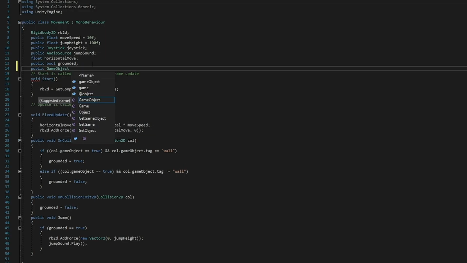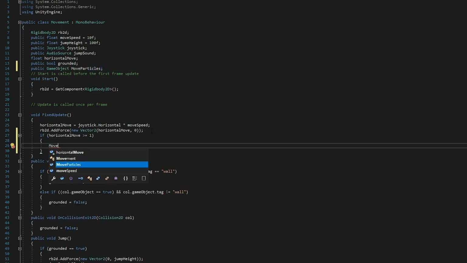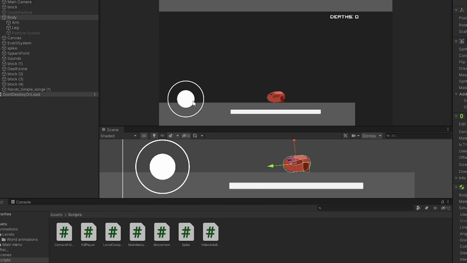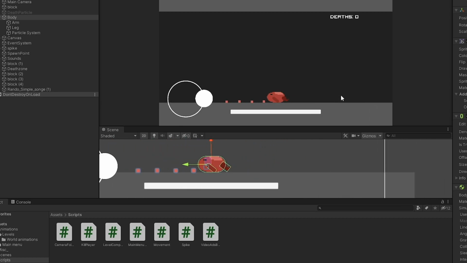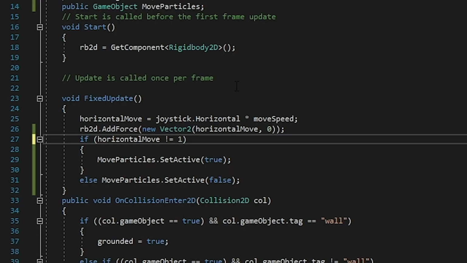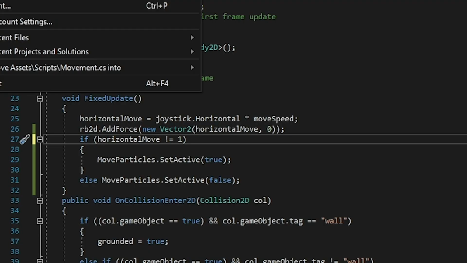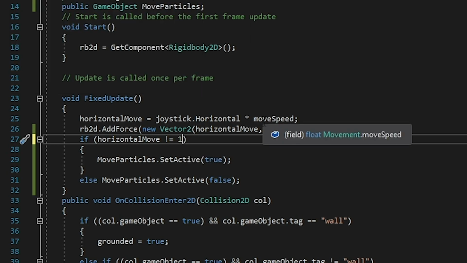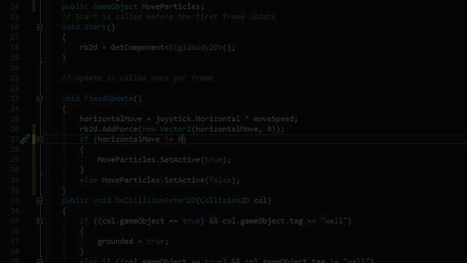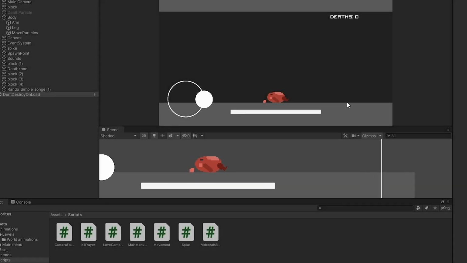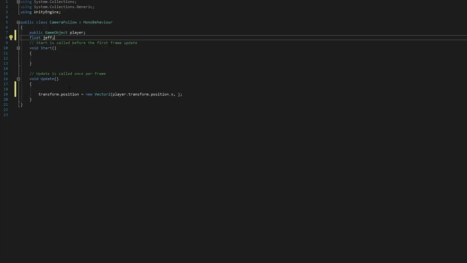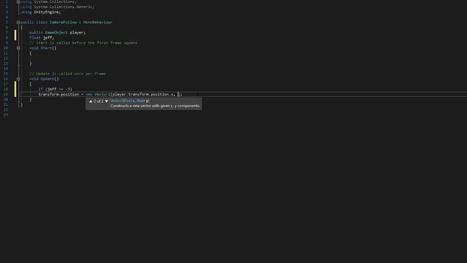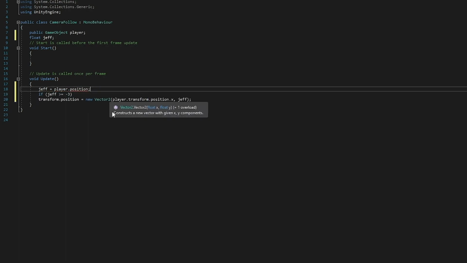But now I needed to code that to play when moving, so I coded that if the horizontal movement was greater than 1, then it would make the particles active. A few seconds later, I realized I was a big dumb, and the movement could be in the negatives as well, so it needed to happen only if the movement was not 0. And it worked. Woo! I then coded the camera to follow the player on the x-axis and only follow him on the y-axis if he would go up. Now it was time for lighting and